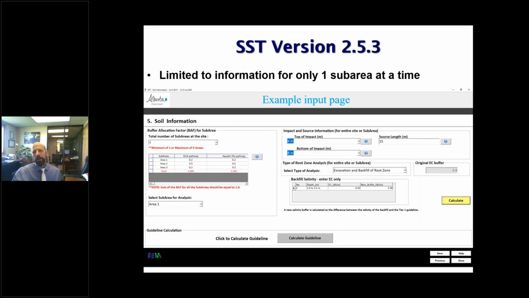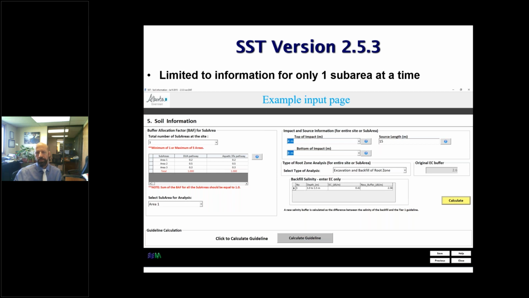So the current one, meaning the old one, version 2.5.3, here's an example of the input page for it. And this is kind of the last input page. And I show this one because it gives an example of one of the limitations of version 2.5.3, in that it can only handle 1 sub-area at a time. We'll get more into that later, but sub-areas are a very important